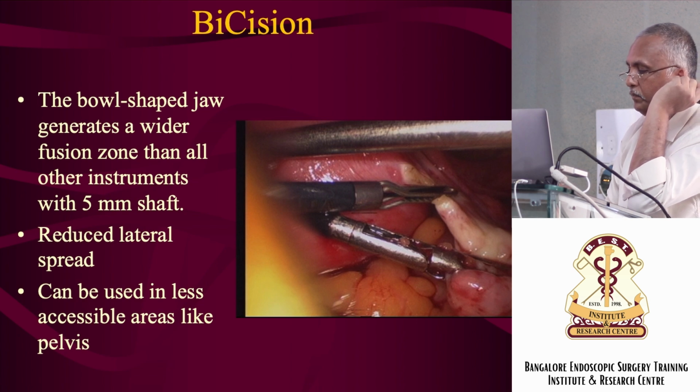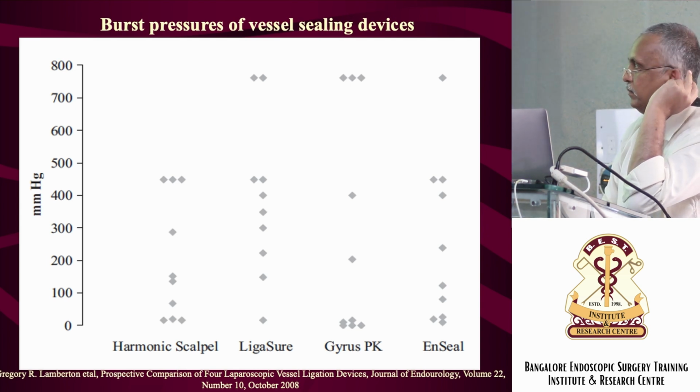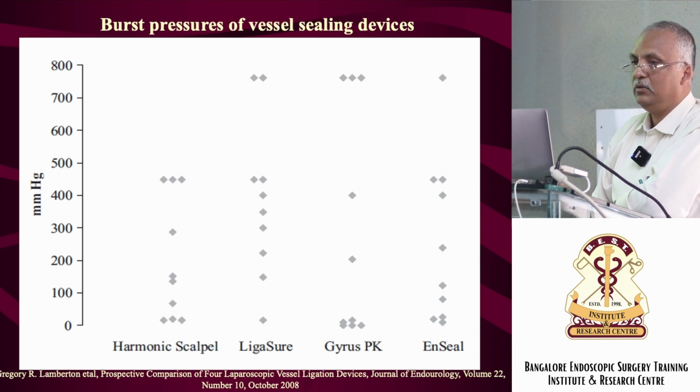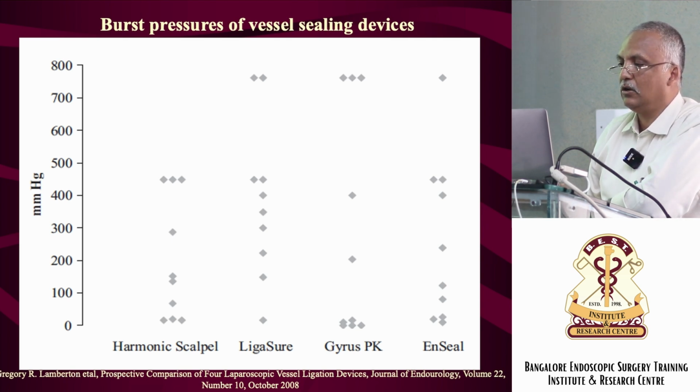Now there is a lot of work done using all these different things. Gyrus, LigaSure, Enseal, everything, and each one has different types of energy sources. Then you have lasers. Lasers you have Nd:YAG, argon, HoYAG, KTP and diode lasers